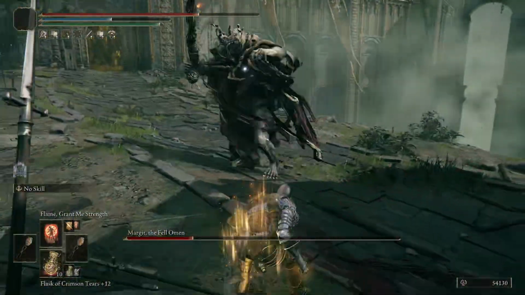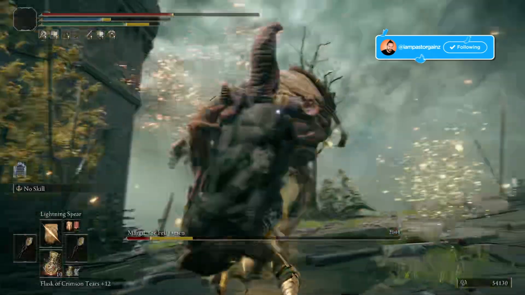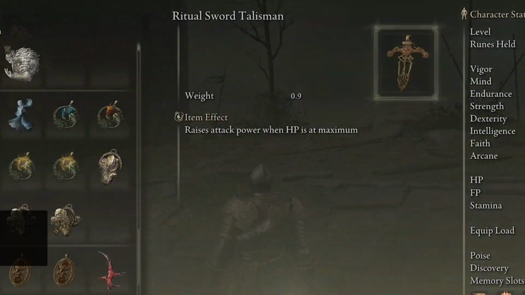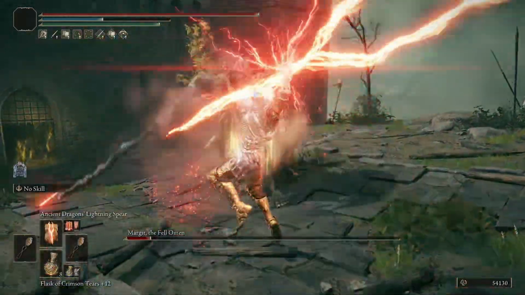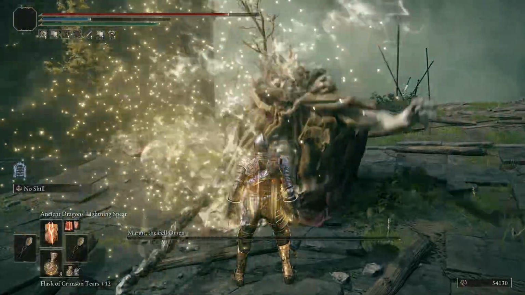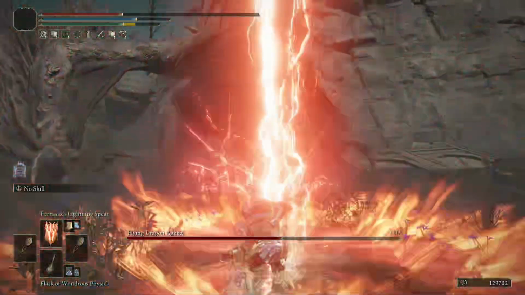But because the majority of this build is designed for you to play at range and to have your enemies dead before they even get to you, this was the exception. This is going to give you a 10% raise to your attack power when your HP is at maximum. So once again, just buffing us with more damage to our skills, more damage to our spells. All of that stuff is coming from the Ritual Sword talisman, which is also going to play off the Godfrey